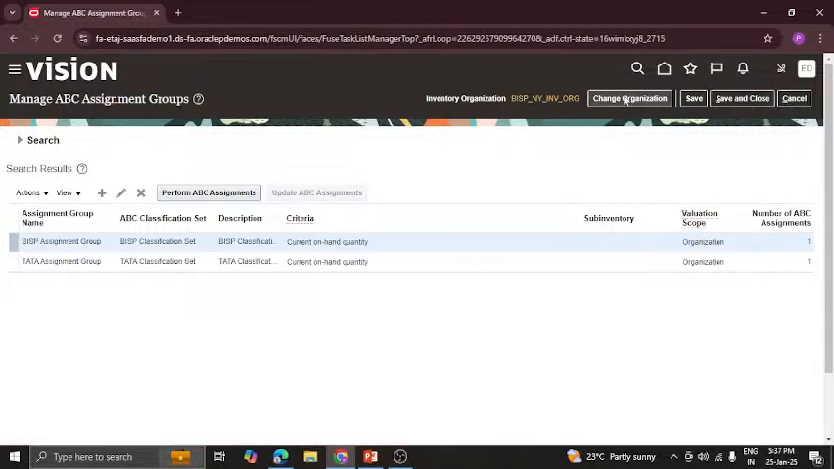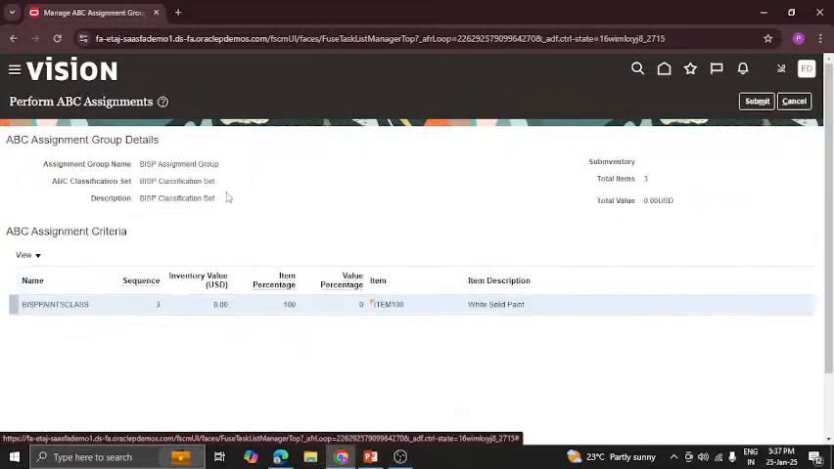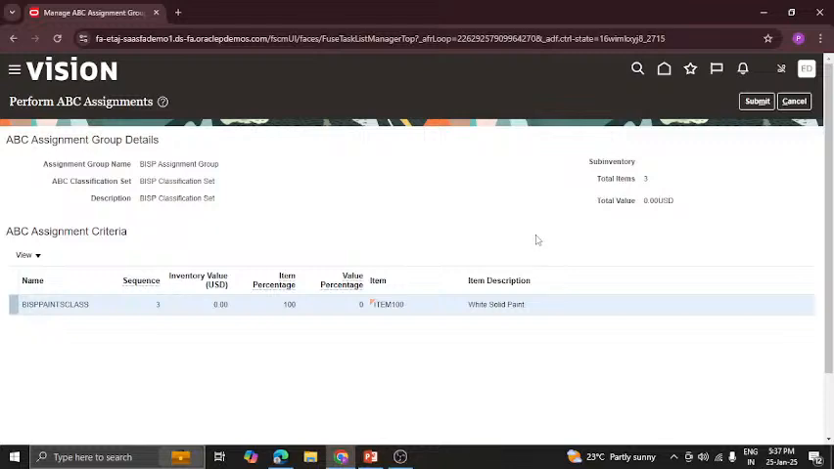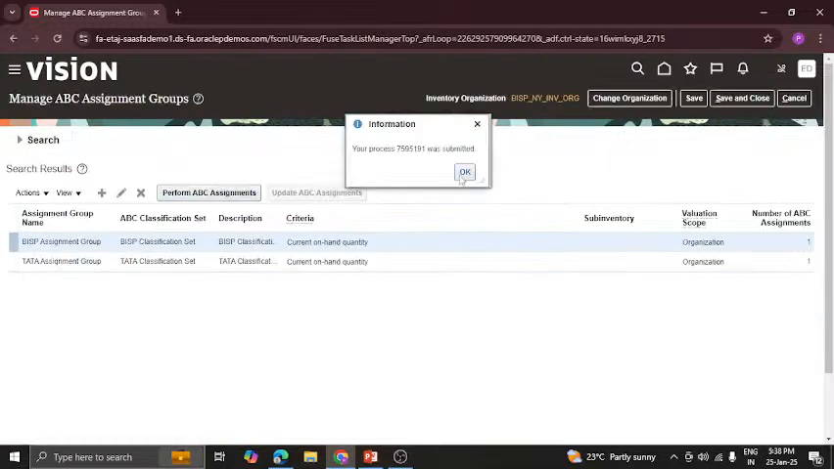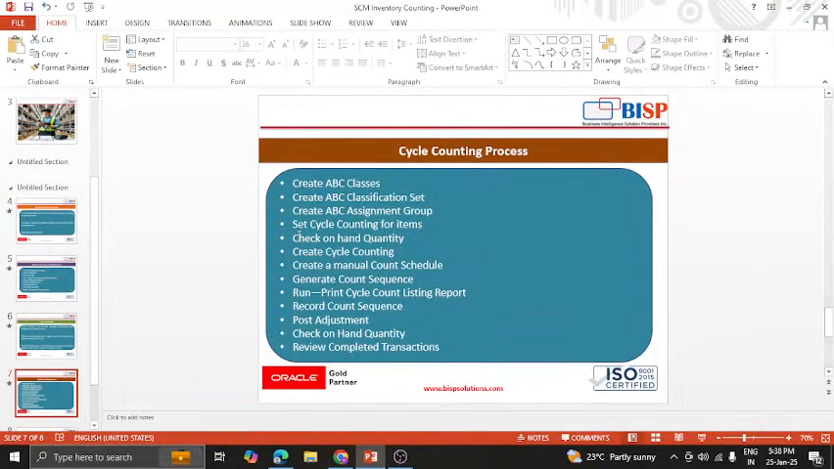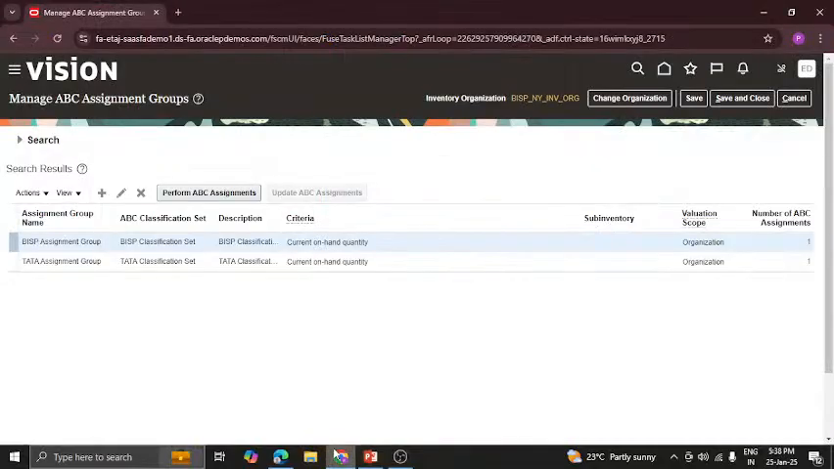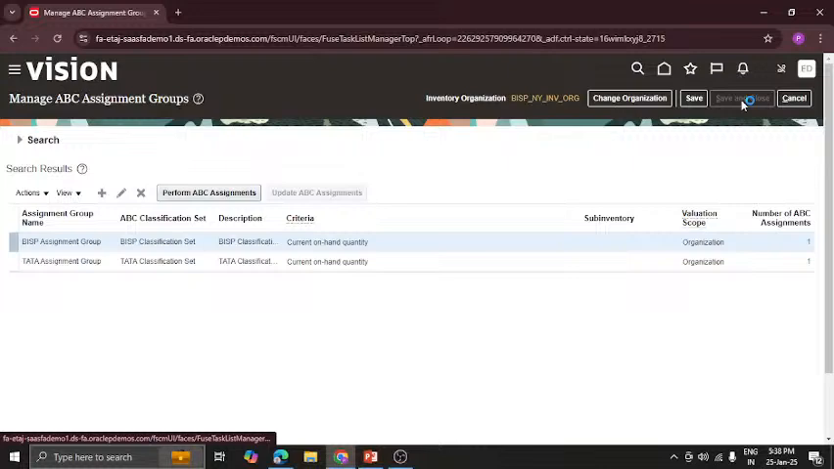Now we have to perform ABC assignment. So here we can see, and we'll click on this submit. So the process is now submitted. Now we will see what is the next process. It is to set cycle counting for items. So now we will save and close this,